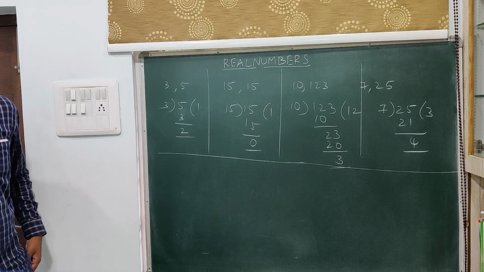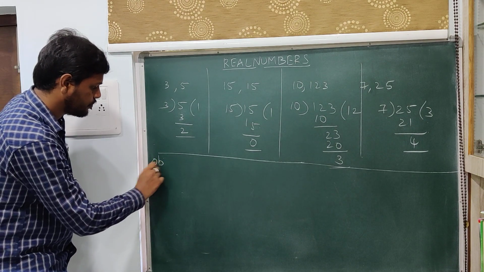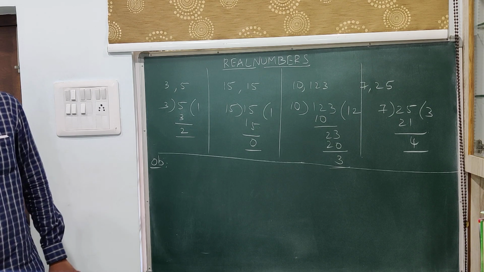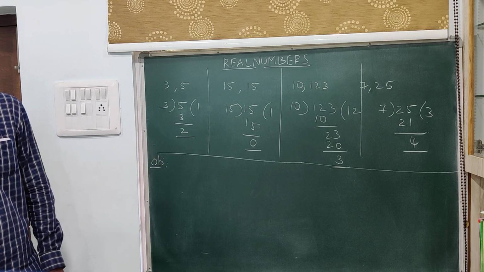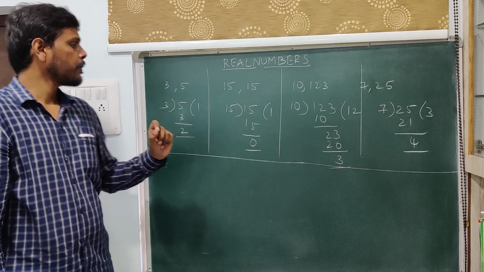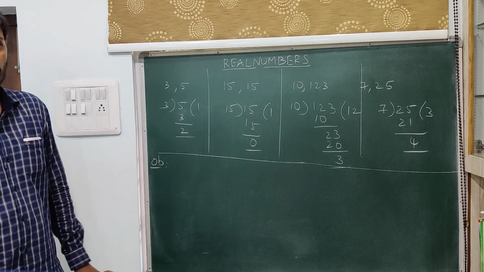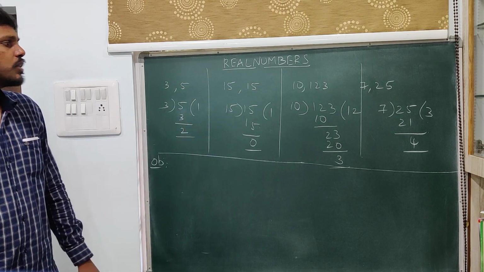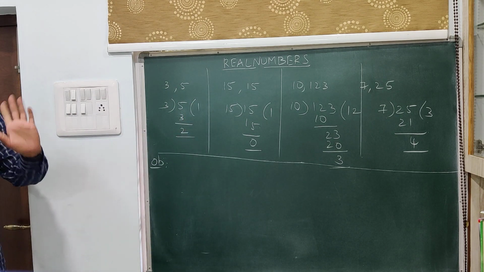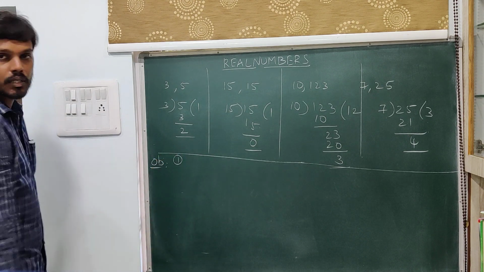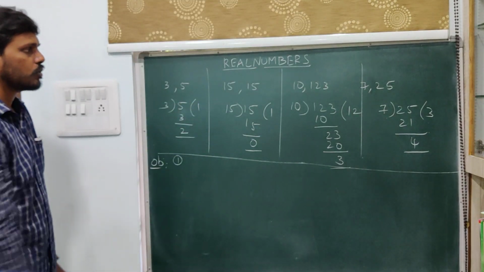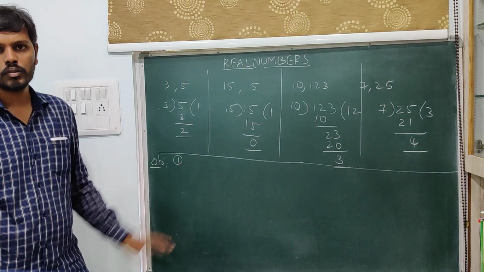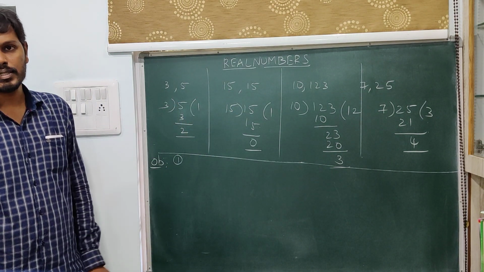So now we go with the observations. The first thing, whenever you are given two positive integers, and we are going for division, we choose the biggest number and divide by the lowest number. If both the numbers are the same, there is no case of choosing which number is bigger and which is smaller. That is the first thing we are doing, choosing the biggest number amongst the given two numbers, and there is no choice between the numbers when they are equal.